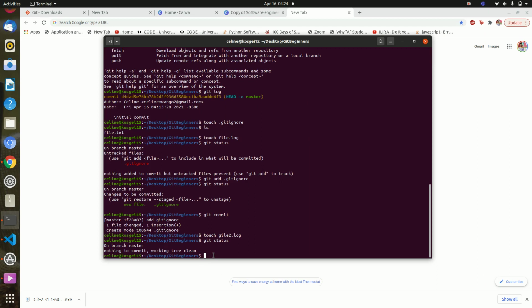And then another thing that I'm going to show you is git branch. Git branch allows you to create multiple branches and work on different branches, and this is especially important when you are working with multiple people on a project. It helps you to collaborate effectively as it avoids a lot of conflicts. To create a branch, you do a git branch. In this case, let's say I want to name it new feature,